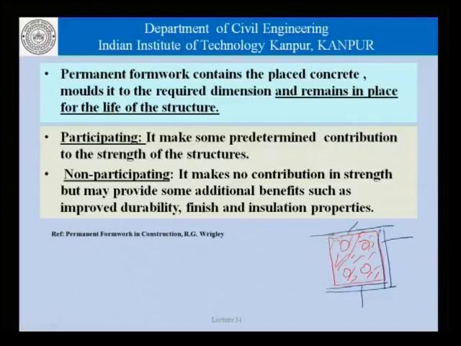As against that, if these panels were now such that they would remain as a part of the column and not removed, then